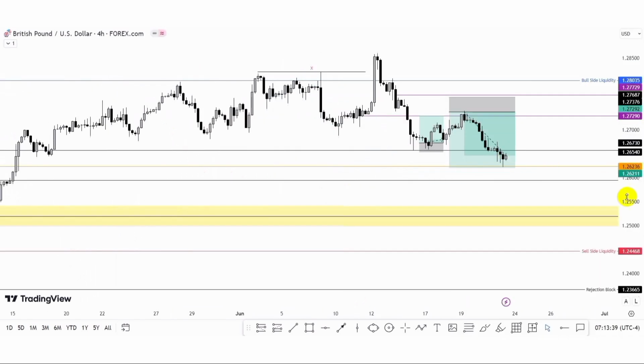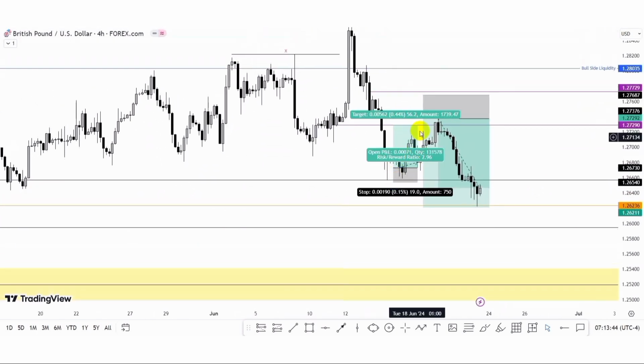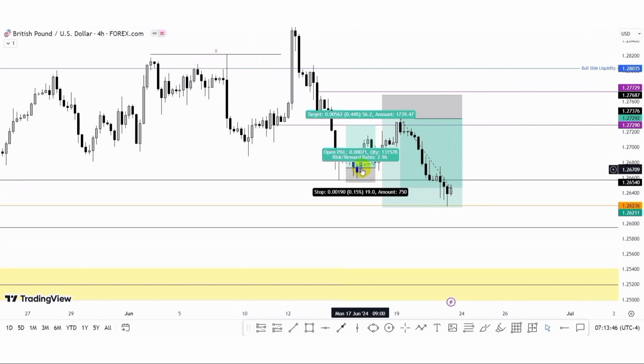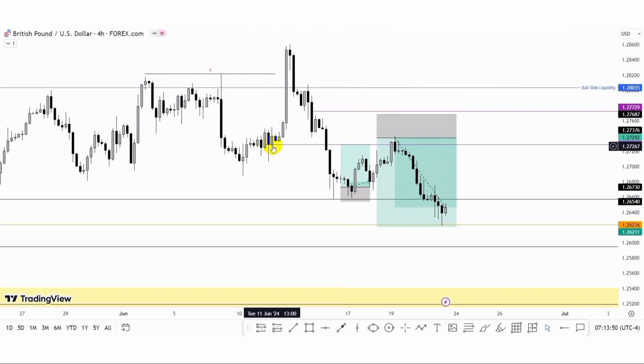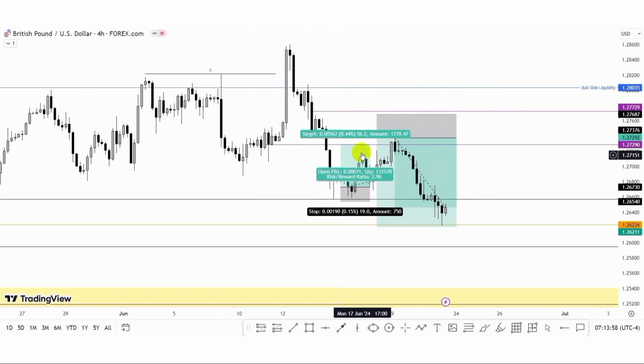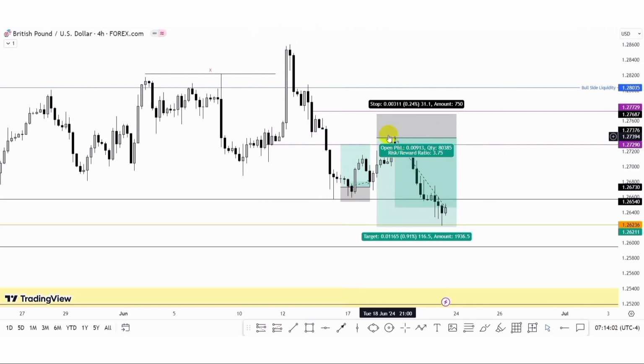Now you can see in the 4-hour time frame, since we are anticipating a buy move to the upside, we had this buy movement to the upside to this particular breakout block zone, because this is the breakout block, this is the block that sponsored the move to the upside that took out this high, and then price fell and then took out the breakout block. So we anticipated to take profit at this level,